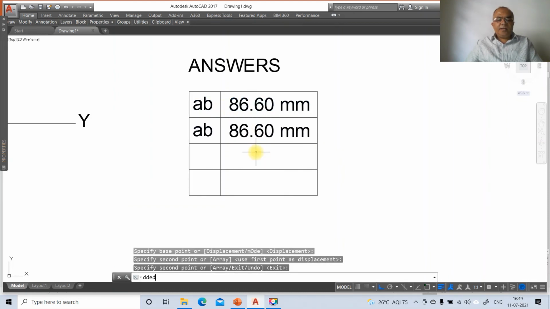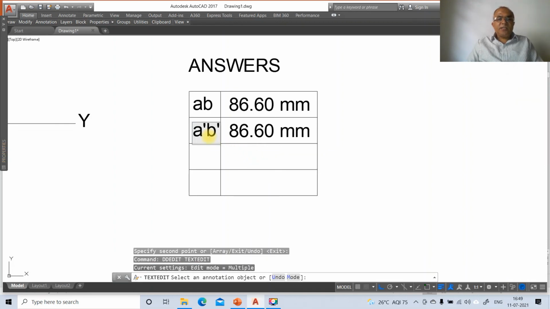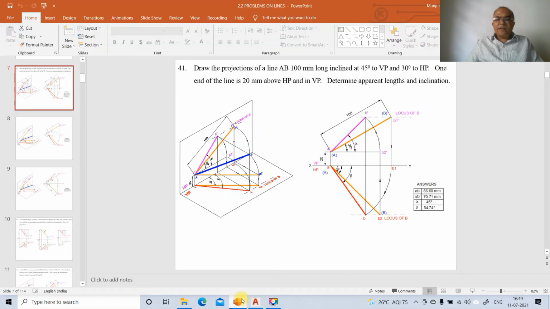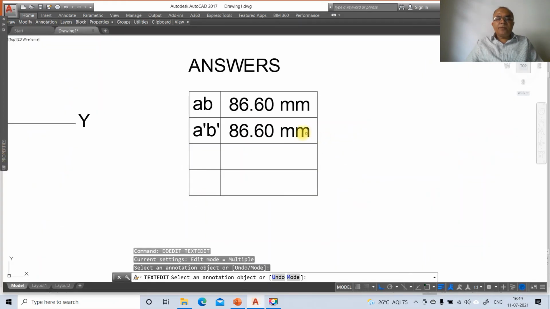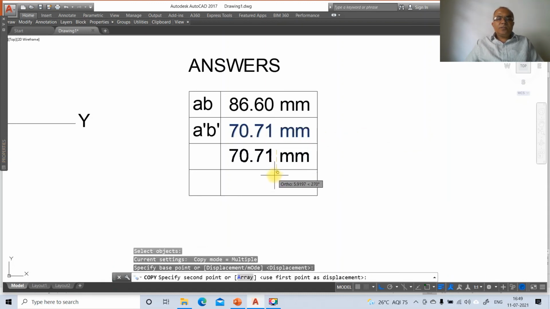Then go to DD edit. So we want to edit this now. So go to A dash, B dash. So now this will be 70.71 mm. So go to this, 70.71 mm. So then go to copy, you select this and you copy this here.